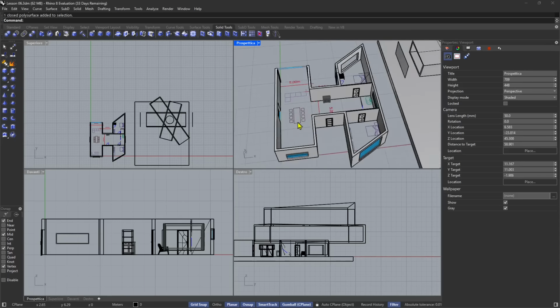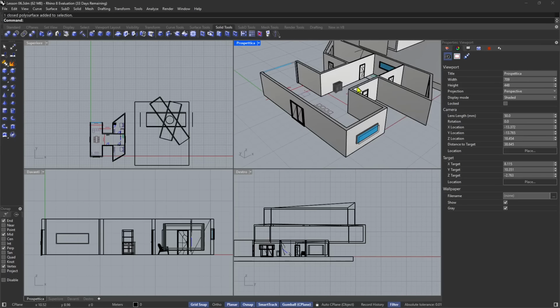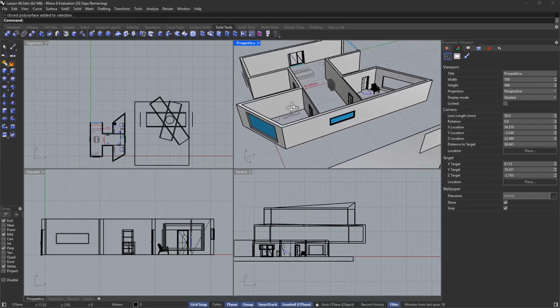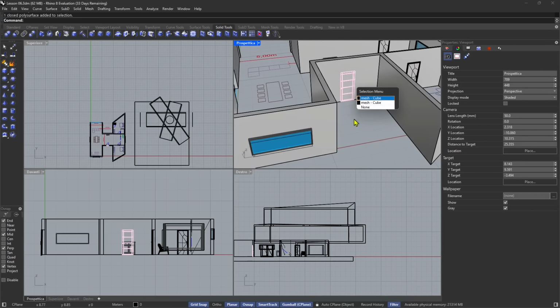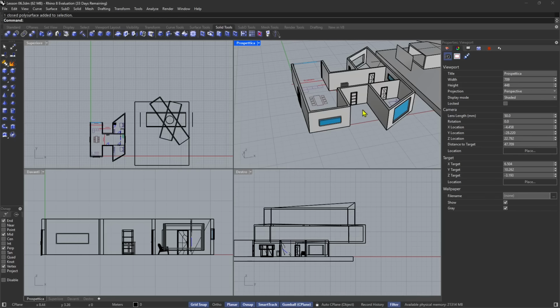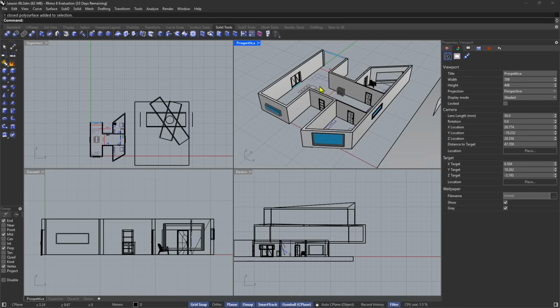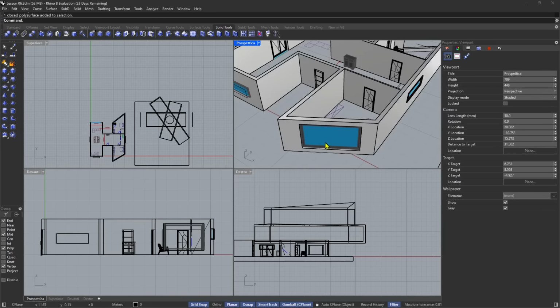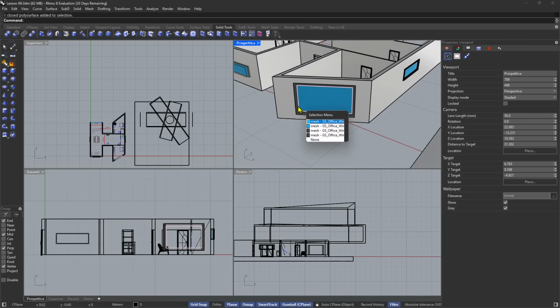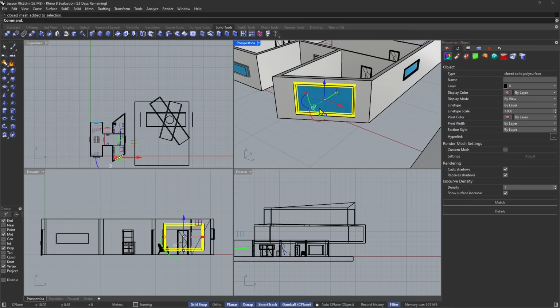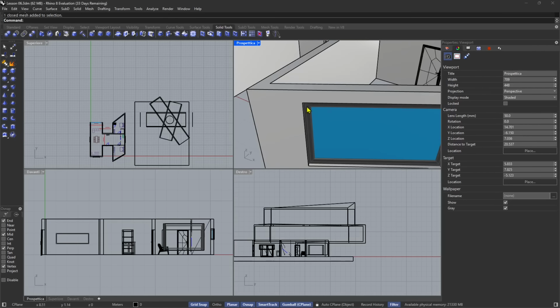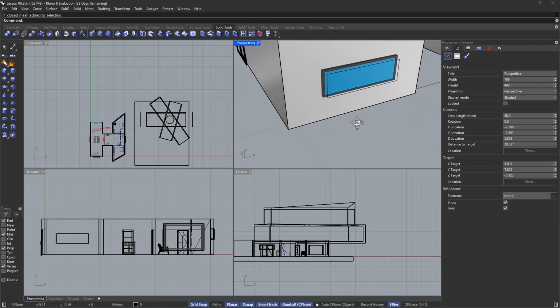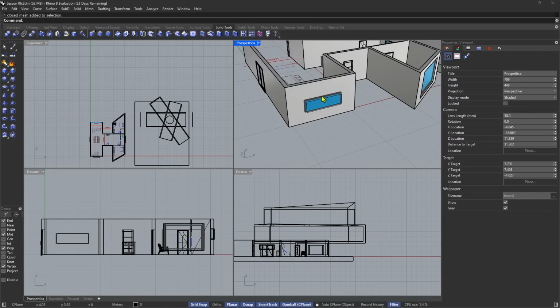In the previous lesson, we saw how we can import models from outside in Rhino to use them as a reference or just use them in our project, and also to study how they are done. So I imported, for example, this window here, and this was before an entire mesh. It wasn't divided into two pieces. And from this, I studied how it was made, and I created a similar window right here, a more simplified